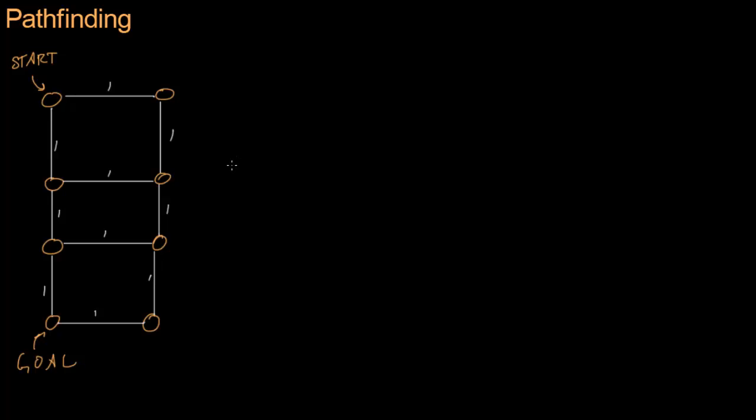So far we've developed Dijkstra's algorithm, which lets us find the shortest path on a weighted graph, just like we have here, where each edge has a weight. In this case, I've given them all weight 1. And we did that by keeping track of the cost of the path so far. At each node, we consider what was the cost to get to this node. So for example, Dijkstra's algorithm would consider these two nodes as being equally valid because the cost to get to either one is 1. So just as an example,